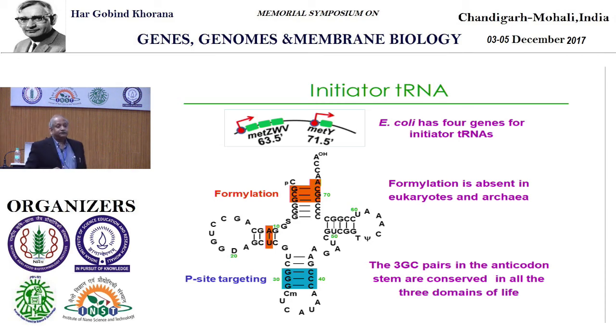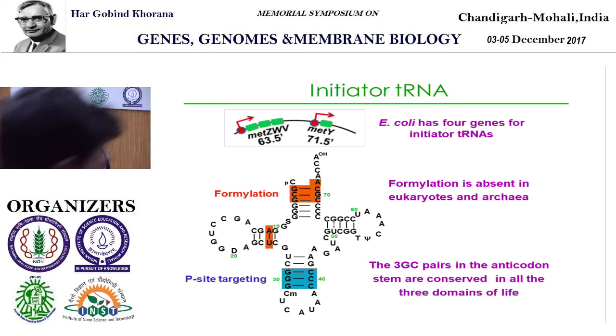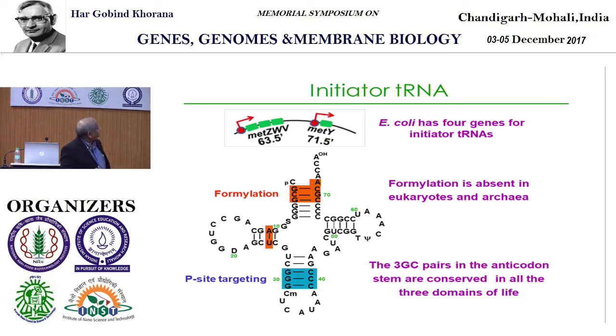In E. coli, there are 4 initiator tRNA genes. 3 of them are at 63.5 minutes, and they're part of a single operon. The 4th one is a little away, at 71.5 minutes, and it is a single tRNA gene. All of these tRNA genes, in E. coli B, are identical, but in K there is a single change. Without worrying about that change, the overall structure of the tRNA is shown here. And there are 2 parts that Tom had established to be very crucial for this tRNA. One,